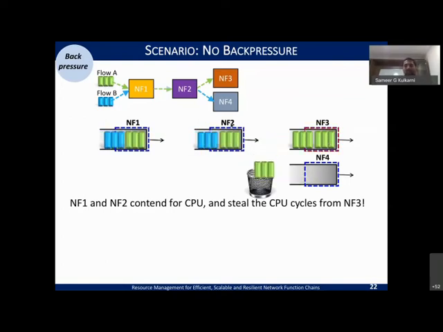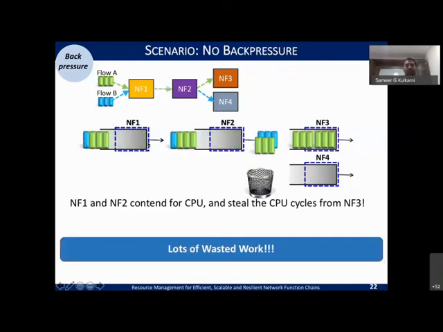In that case, what starts happening is the queue at this NF3 builds up, and eventually all packets that get processed at the upstream, that is NF1 and NF2, for the green flow, have to start dropping because they are now not able to push the packets from this side. While the blue packets, which were going for NF4, are good to transmit, all the green work that NF2 and NF1 are processing is lost, right?